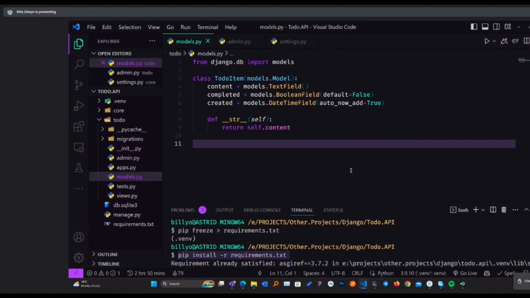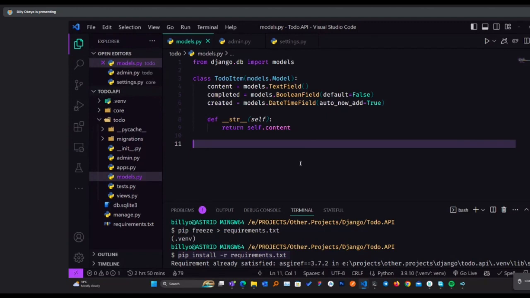When we want to add a different table, if it's related to the to-do, we'll add it within the same models file, then migrate. And if it is not something related, we'll make the migration separately.